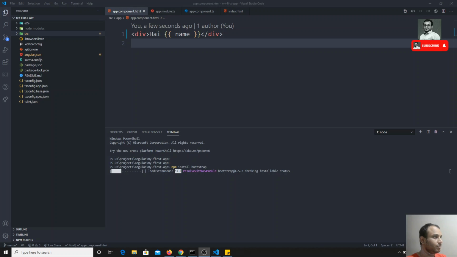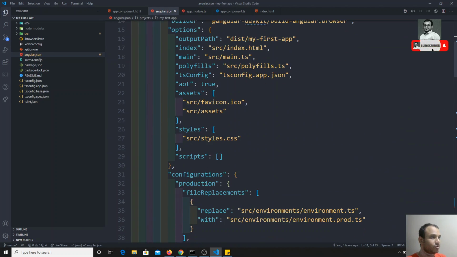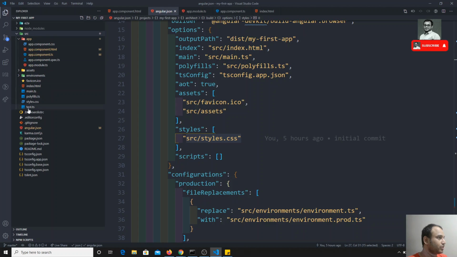Where we can give that is in the main angular.json. This is the file. Here if you go down, you will see the styles. These styles, the styles you need to be preloaded, you need to mention here. If you come down, as I already told you, you will be having styles.css. Where is that? In the source folder. In that source you have styles.css.